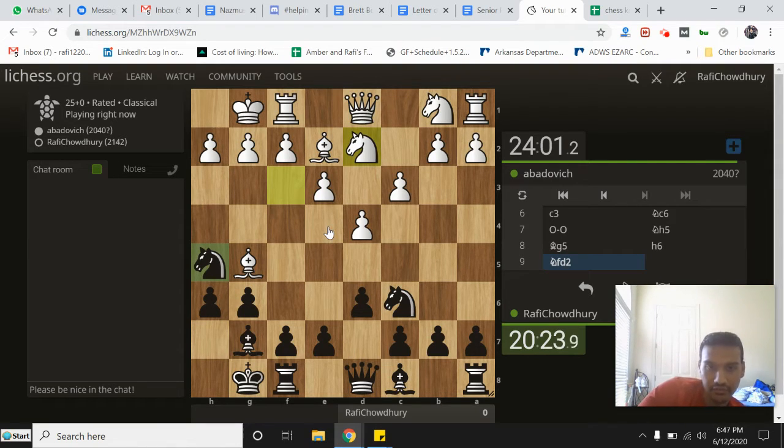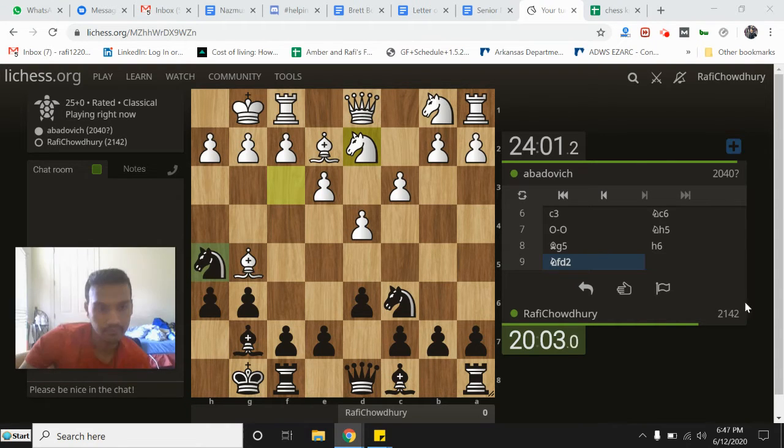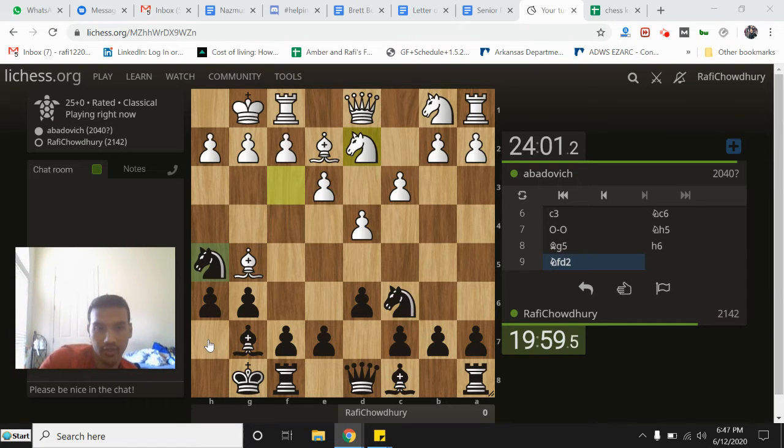I don't know. I don't like the idea of knight e4 though. This g5 might become a weakness. Hmm. Thinking whether I can play... What should I do? What should I go with? If I take on g5,